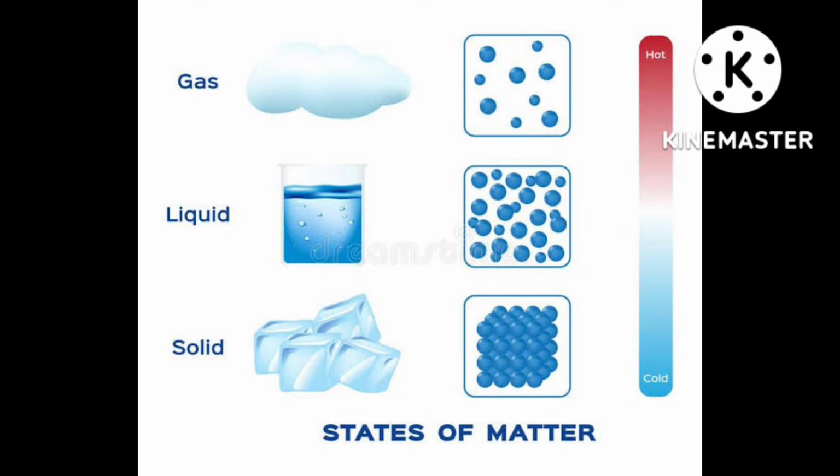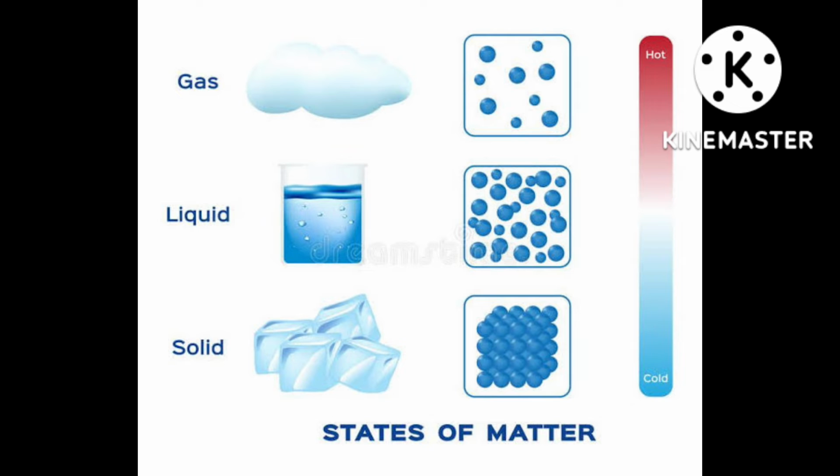Six gases belong to the inert gases: helium, neon, argon, krypton, xenon, radon. That is 6. And who are the 5? Hydrogen, nitrogen, oxygen, fluorine and chlorine. These 5 plus 6 make 11. Only these 11 exist in the form of gases. Inert gases are monoatomic gases. Keep in mind.